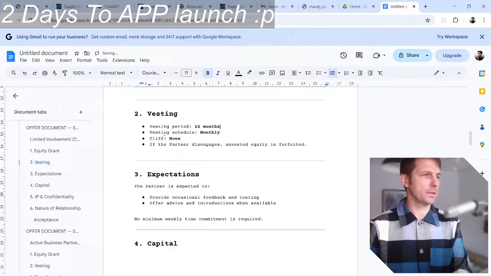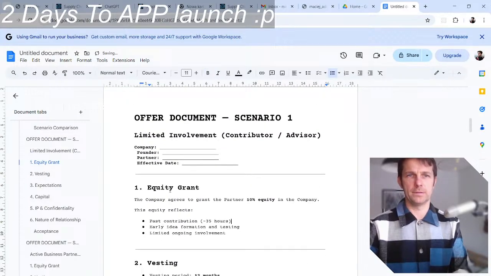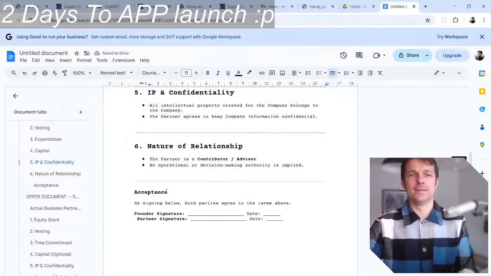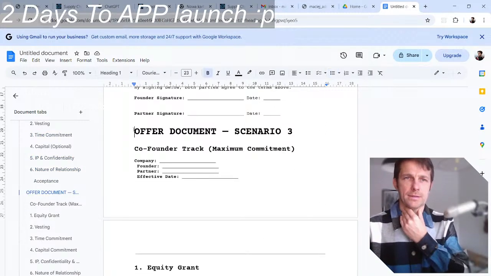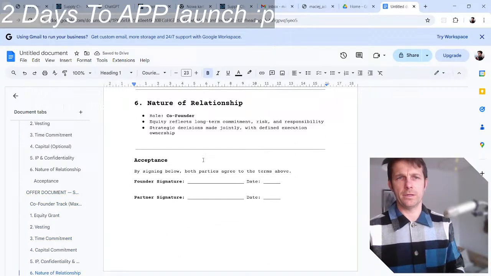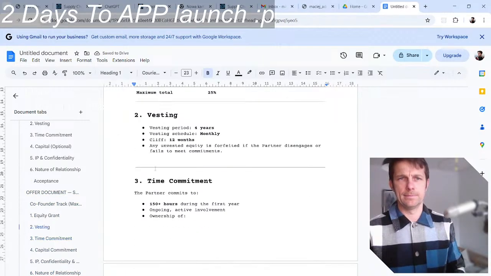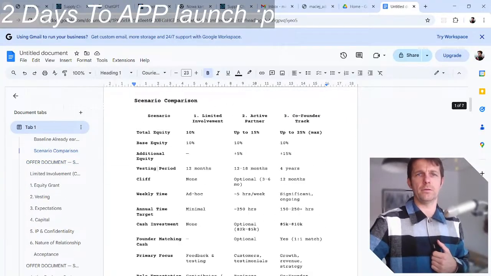So we're gonna have a business together, yes. Offer document, good. That scenario goes to the next page, obviously. Scenario 3. Yeah, cool. Let's just print that. I think this is actually a good offer.